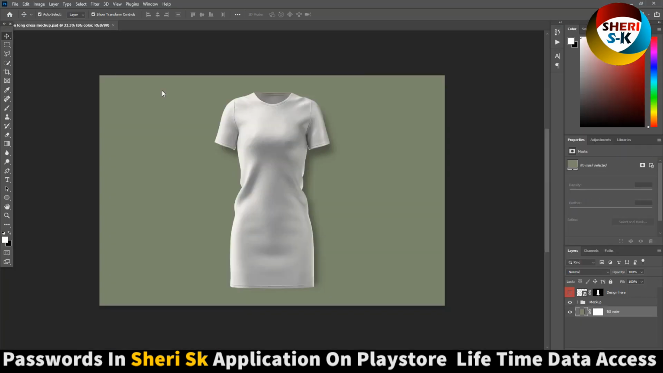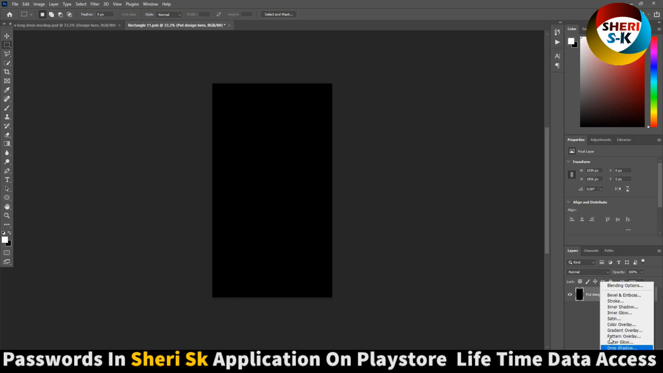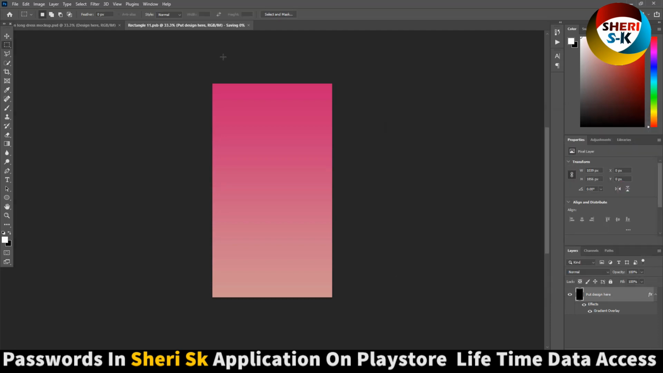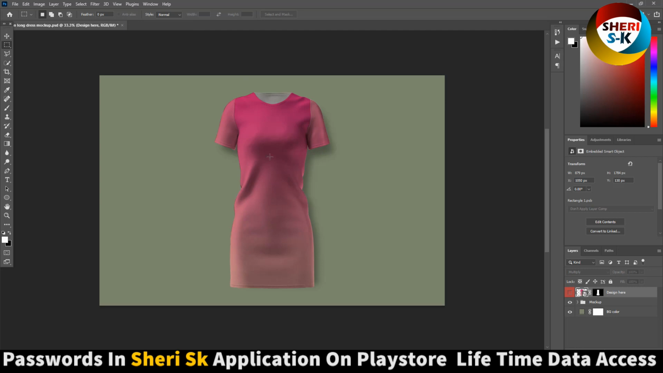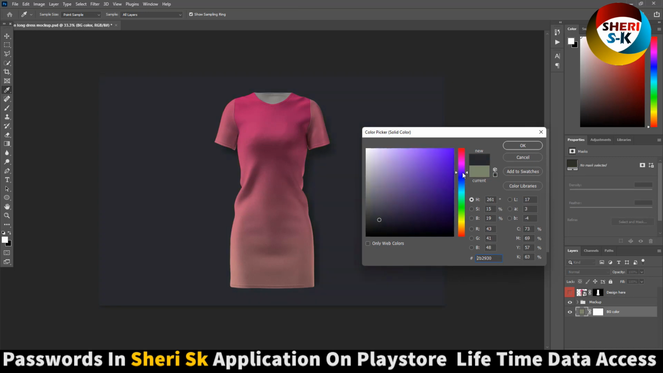Next is the cotton long dress mockup. Simply put any design here. For example, I apply a gradient overlay like this one. Control S. You see here our design on this. Here is a background. Okay,